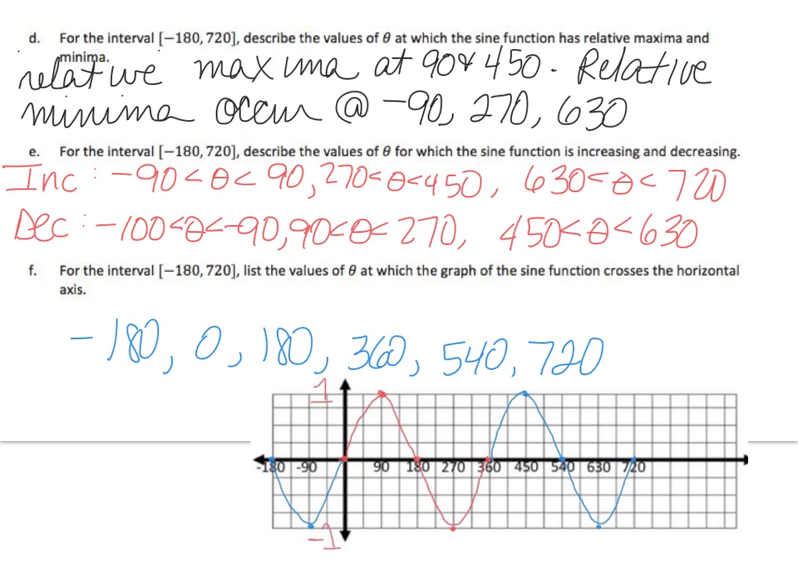For the whole interval for part E, describe the values of theta for which the sine function is increasing or decreasing. So we have little intervals where it increases, and if you look, it's from negative 90 to 90. We're going up. Okay, we're increasing in y values. And then from 270 to 450, and then from 630 to 720. That's where we stop because that is the interval that we're talking about. And then decreasing,